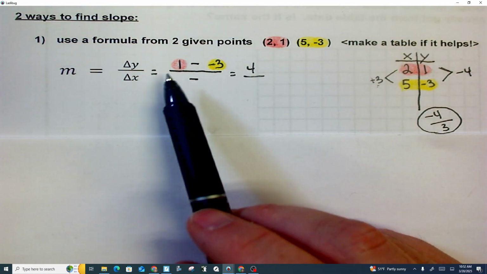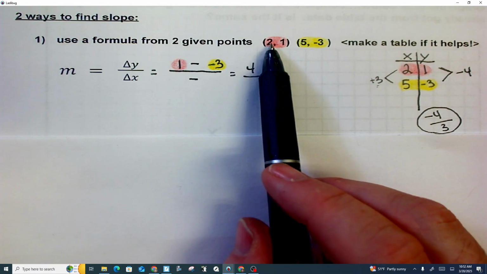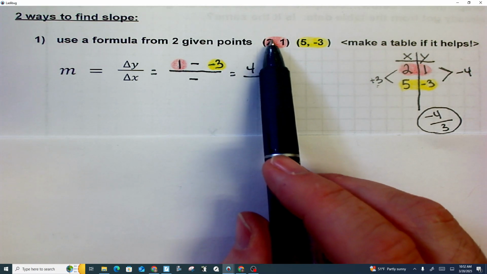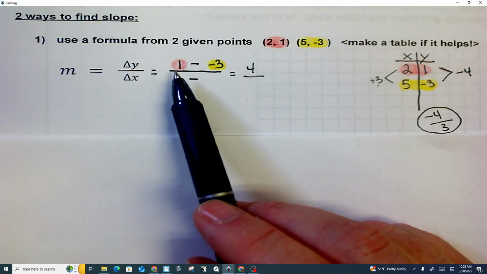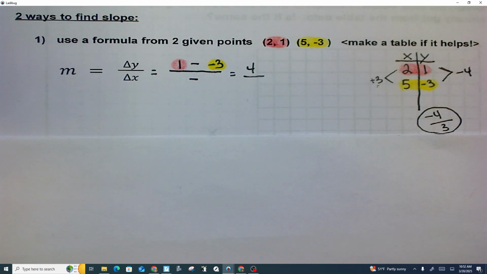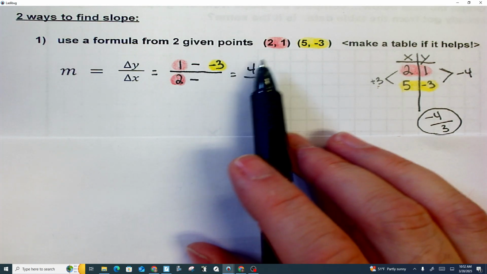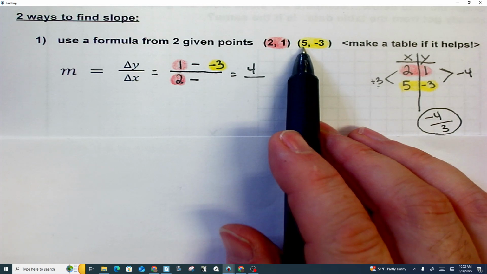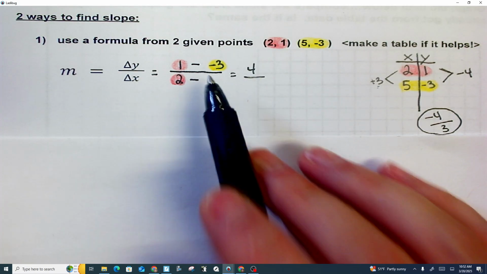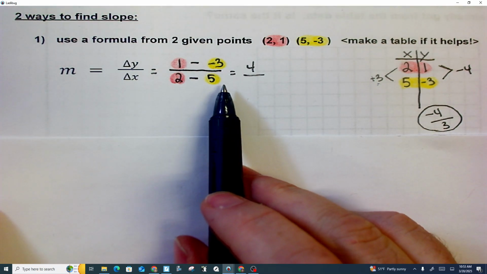So now, if you stole the first y, you have to come back from the same ordered pair to still in the same order the first x. That's why I've got it in red. And we will put that 2 right here on the bottom. The minus sign is already sitting here, and now whatever the second x value is, we're going to put it right here. And 2 minus 5